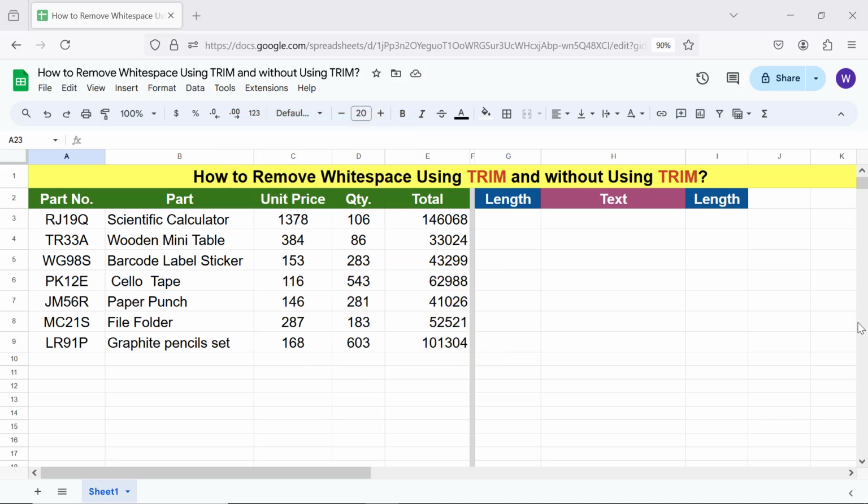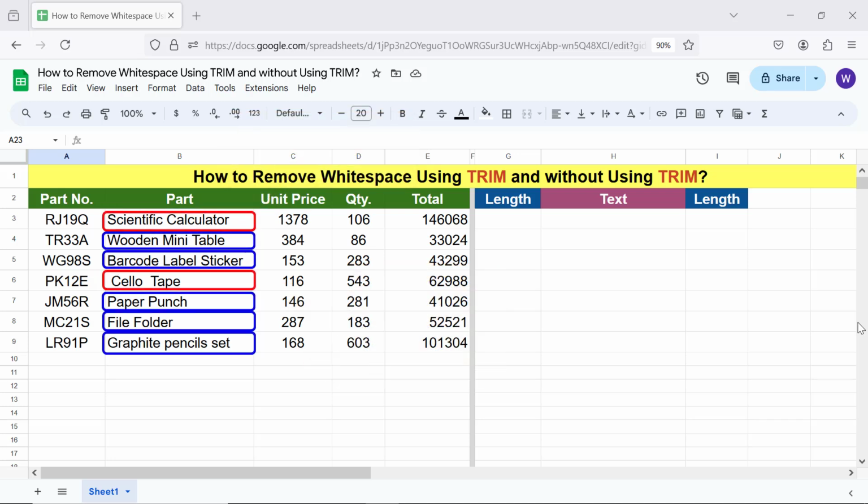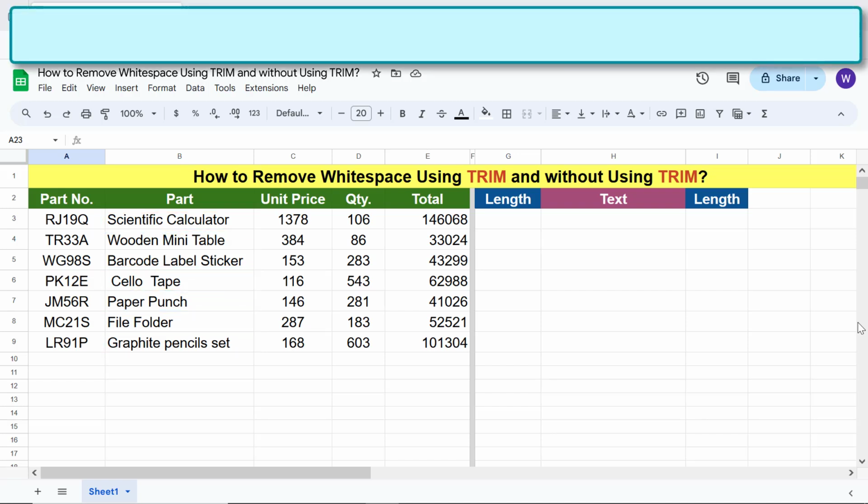Alright, let me calculate the length of text in each cell, using len function, so the length can be compared, after whitespace and extra space is removed. The len function formula is: